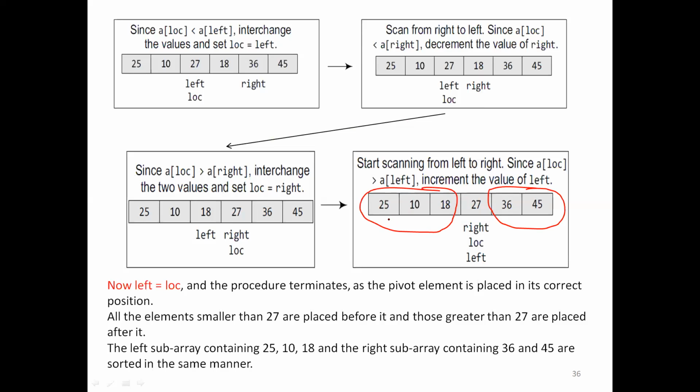Sorry, here this is left. Left is 25. LOC is 25, which is nothing but the pivot element 25, and right is 18. So this is separate, and I apply the logic. Then I will get the answer for this. Again, I have 36, 45. I will use the divide and conquer method for this. At one stage this will be sorted. The elements to the left of the 25 will be lesser than the pivot element, and the right side will be greater than the 25. When you apply the logic, it will work.